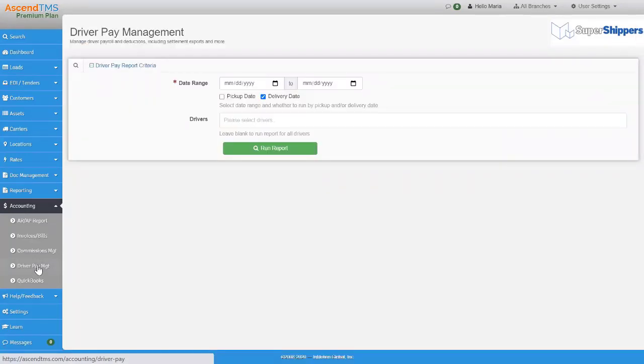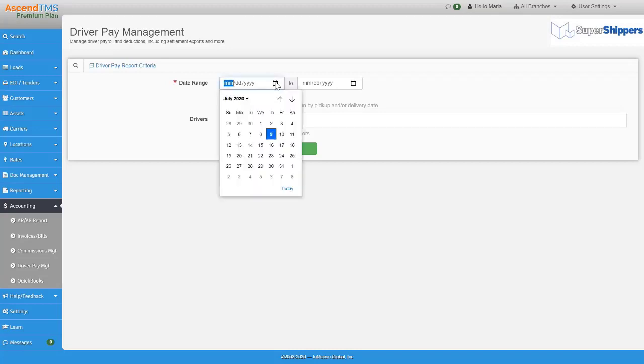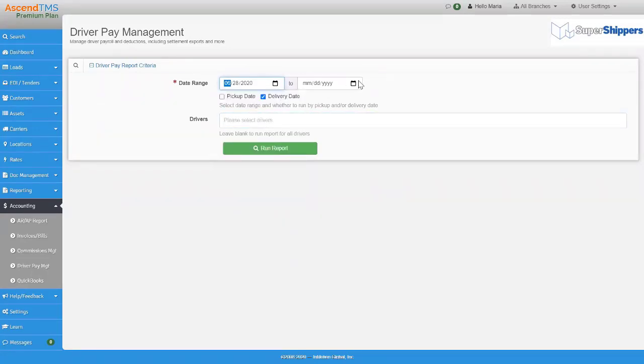Okay, for my asset team, if you guys are on this call, when you go to set up or when you go to run driver pay, because you want to get those driver settlement documents that Ascend will create for you, which are really nice, what you got to do first is put in your payroll, your date range, your driver pay payroll date range. I'm going to do something a little odd because I need to have some data.